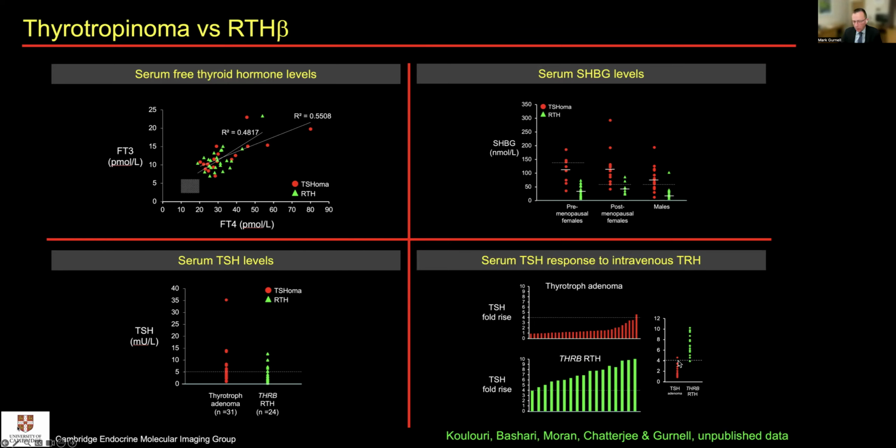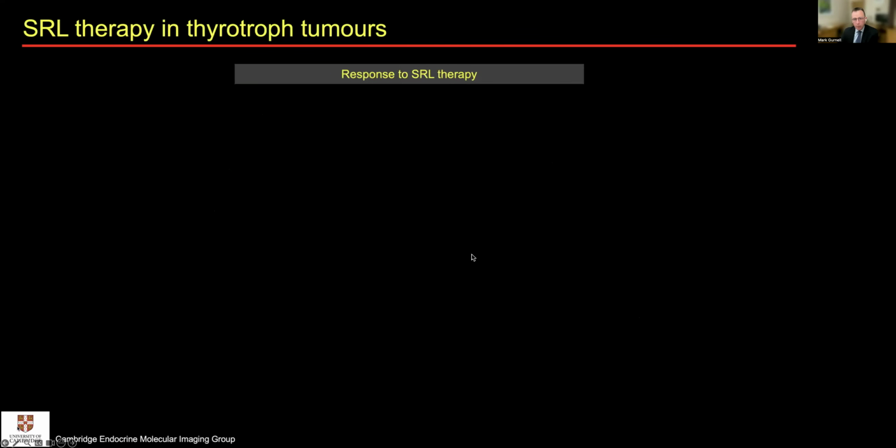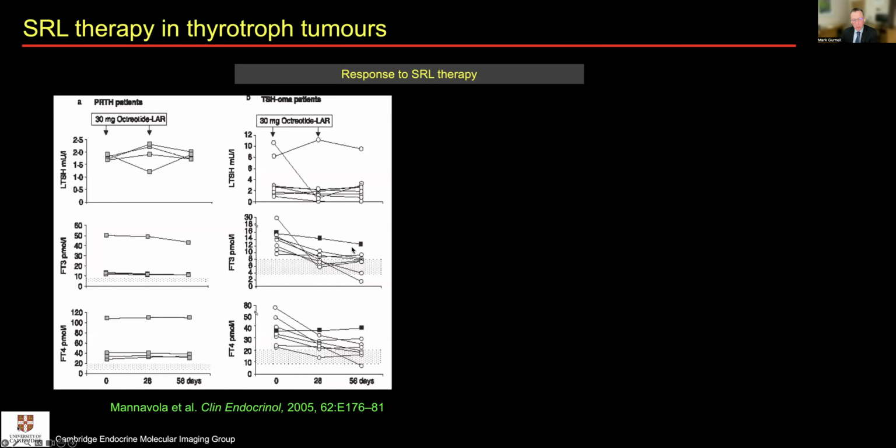And again, you can see an almost complete separation, not quite, a little bit of overlap just from a couple of patients here. But this seems to be a very good test that's separating between the two. Similarly, the response to first-generation somatostatin receptor ligand therapy has also long been recognized as a potential route to separating